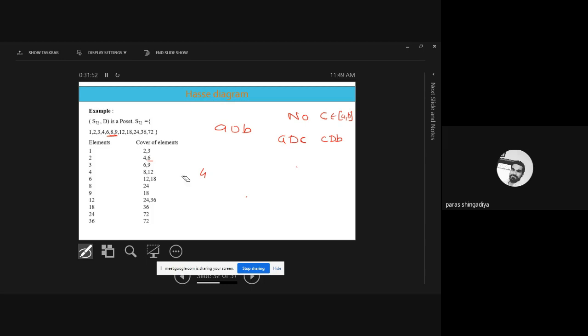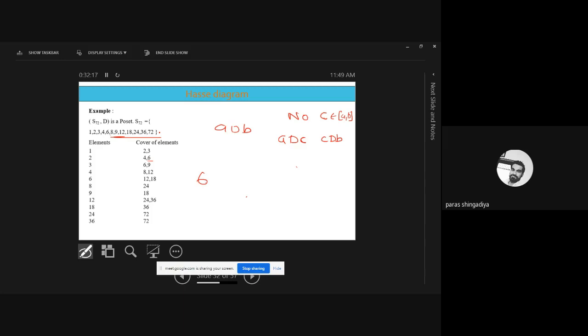Okay. And then after that, for 6. After 6, which entries do you have? 8, 9, 12, 24 and so on. So let's compare with the 8. 6 divides 8. That is incorrect. Okay. 6 divides 8 incorrect. That is not true. So 8 is not an answer. After 8, 9 is there. 6 divides 9. That is also not true. Okay. 9 को आप 6 से divide नहीं कर सकते.